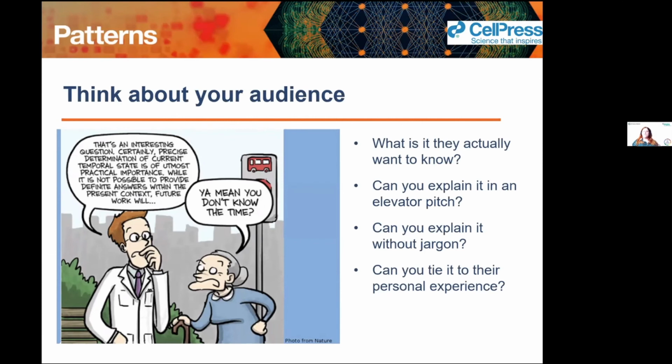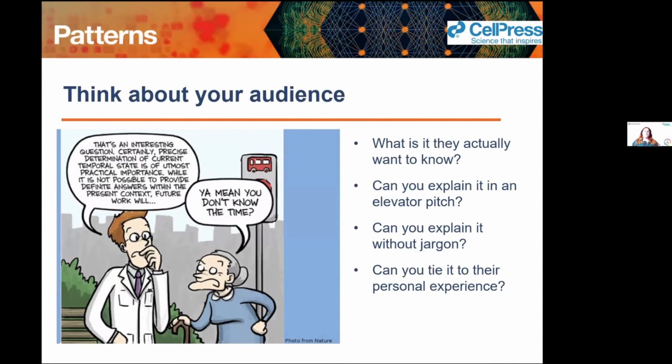So without jargon. Jargon is really useful when you're talking to people who know what the jargon actually means, and it's completely incomprehensible for people who don't, and it can be really difficult. And if you're used to always using acronyms and jargon, that can actually be quite a significant barrier to communicating with other people.